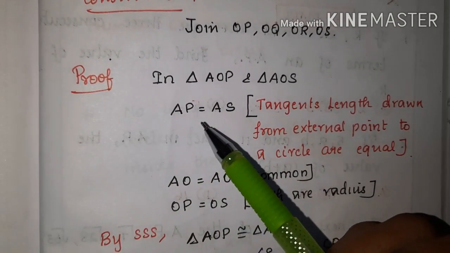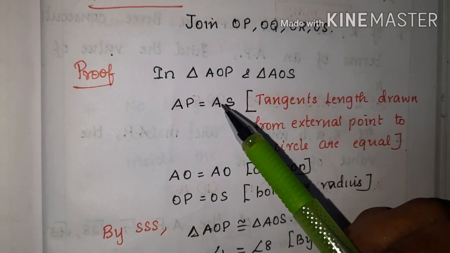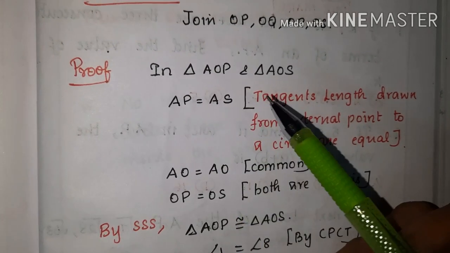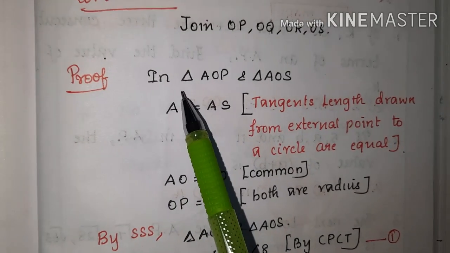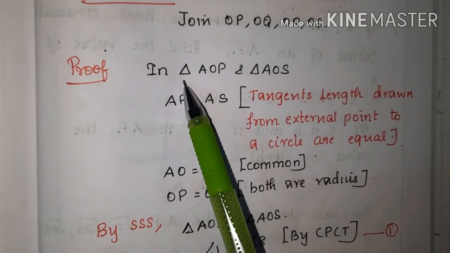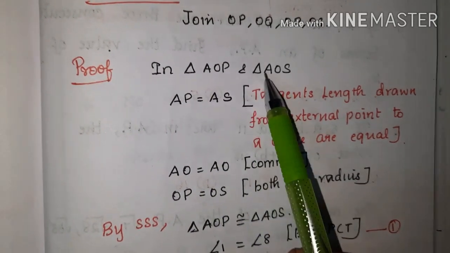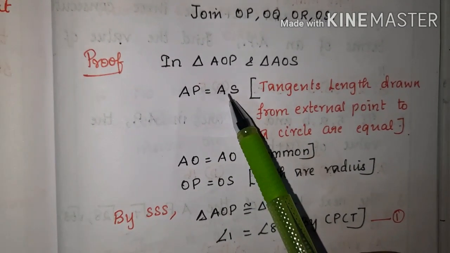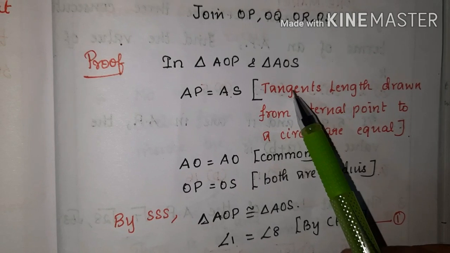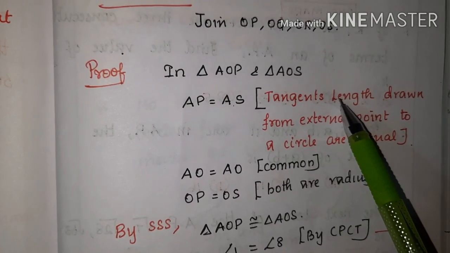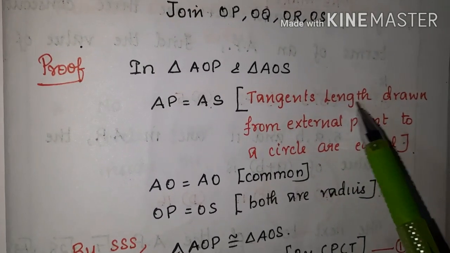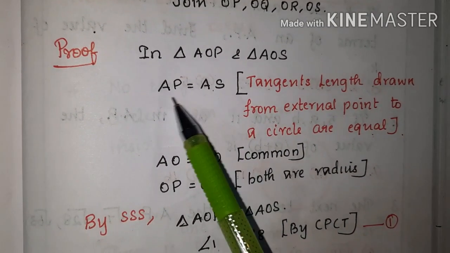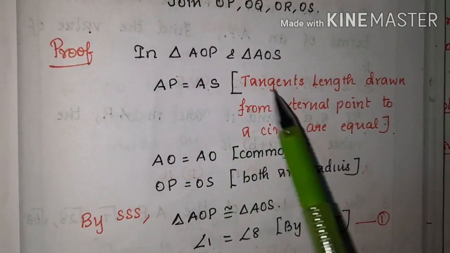So we are going to prove by proving that the two right triangles are congruent. In the corner, the two right triangles are there that we are going to consider. So first we are going to consider AOP and AOS. In that, AP and AS are nothing but the two tangents. So you write the result here. It's very important, the reasoning is very important. Tangent lengths drawn from an external point to a circle are equal. So these two are tangent lengths and they are equal by the theorem.